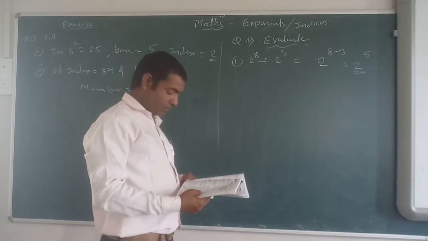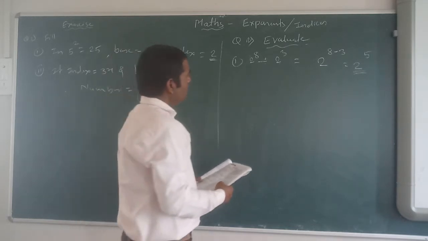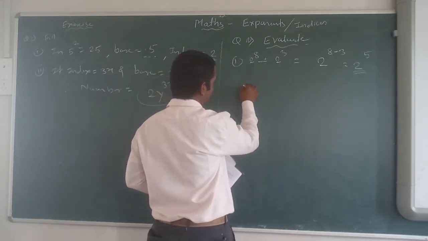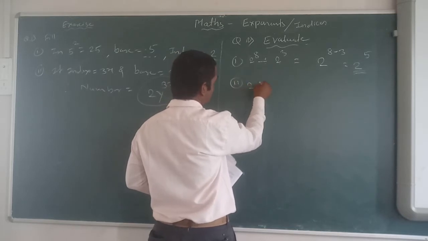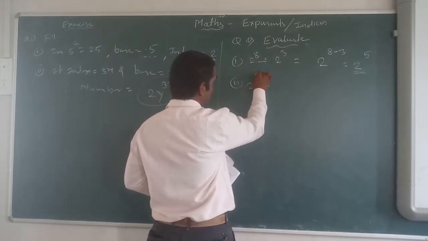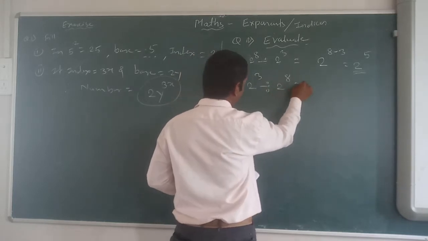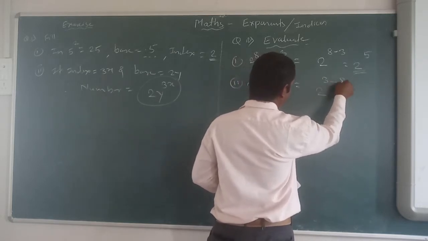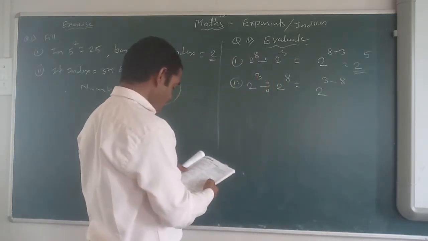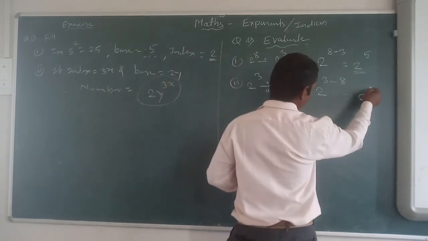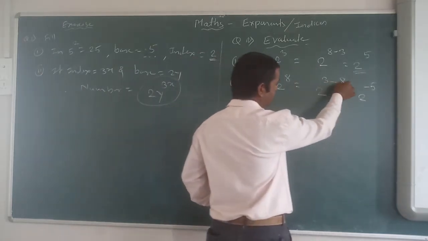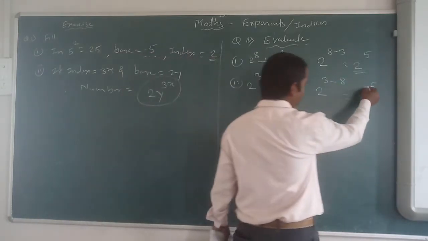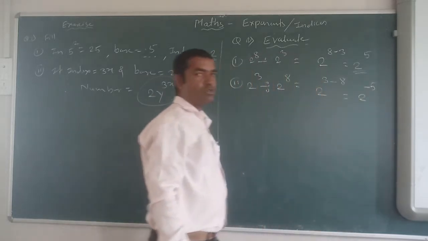After that, we will see another problem. If the question is like that, in another way, suppose the second one is 2 raised to 3 divided by 2 raised to 8. Then also the same: 2 raised to 3 minus 8. So equal to 2 raised to how much? Minus 5. 3 minus 8 is not possible, but 8 minus 3 is possible. But which number is bigger? 8 is bigger, so we use the bigger number's sign. So 2 raised to minus 5.